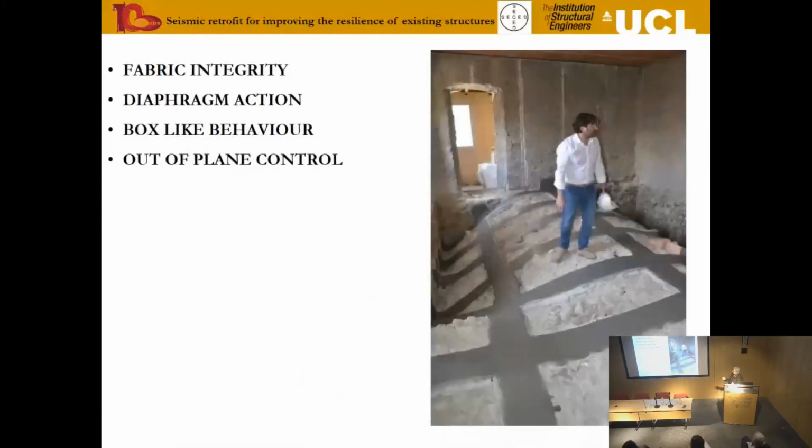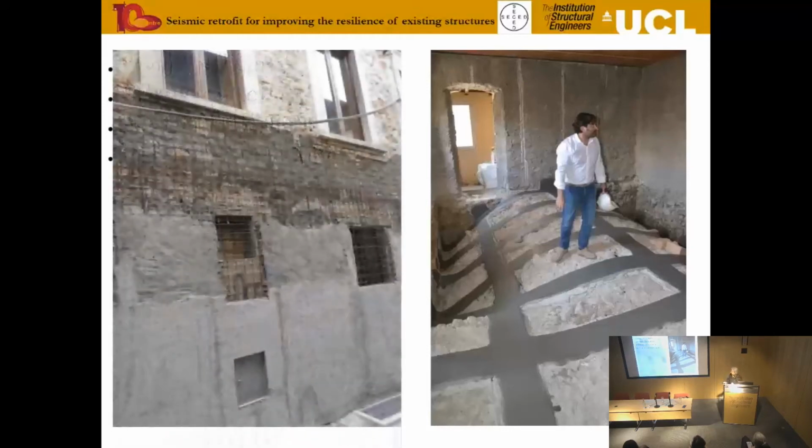So just as an example, this is what is recommended for the wall, to try and use FRP to hold the walls together. There have been a lot of studies on this particular type of strengthening. It does work in some cases, it doesn't work in others. There are also important issues of how this works in the long term with environmental conditions, humidity, and so on.